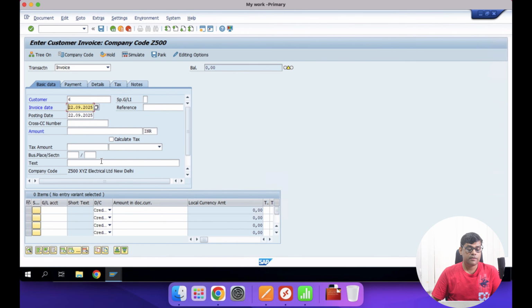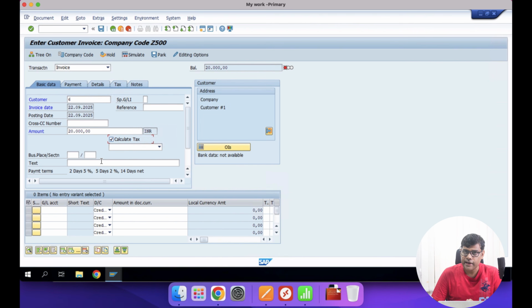So I'm going to take here the debit amount, customer is going to debit. So debit amount, as per example, will be 20,000. And also I'm going to add here the tax code for the tax component. Let's say I take the tax code V1, GST payable. Okay, and here for the revenue entry in P&L, I'm going to add one GL account 4000, and let's say this one is related to